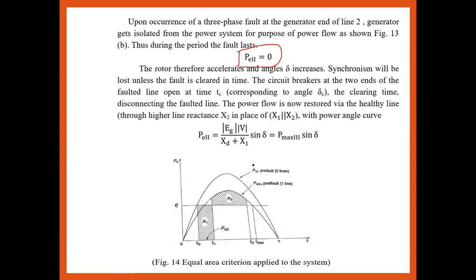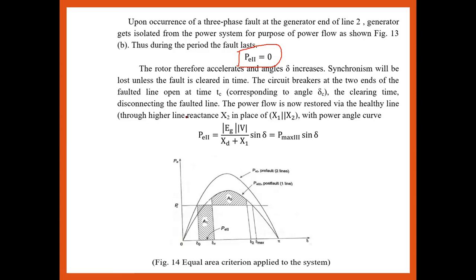Now the angle is increasing, so obviously synchronization will be lost. The angle increases unless the fault is cleared in time. If the fault is not cleared in time, obviously the synchronization will be directly affected, and the angle will again increase tremendously. So to avoid asynchronism or instability, we have to make sure the fault is cleared